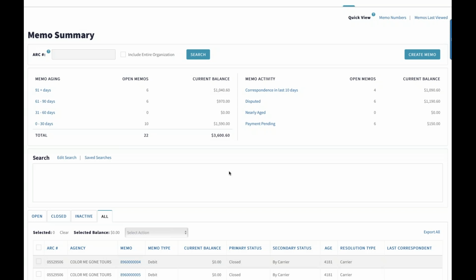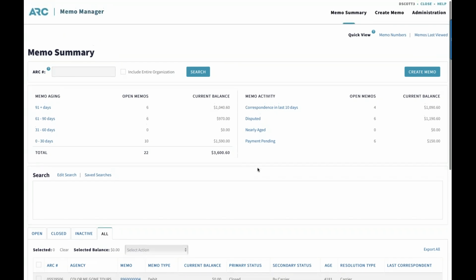Now, depending on your role at your airline or the memos that you need to work on or view, you may not need to see all the memos that have been issued by your airline. So Memo Manager allows you to perform different search criteria, so you're able to pull up and work on the memos that you need to view. One of the search options that is available to you is the quick view option. The quick view option lets you pull up memos by memo number or by the memo that you last viewed